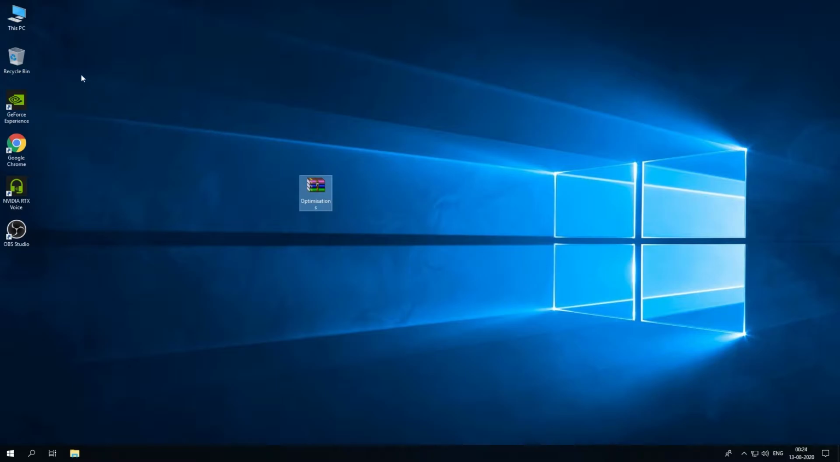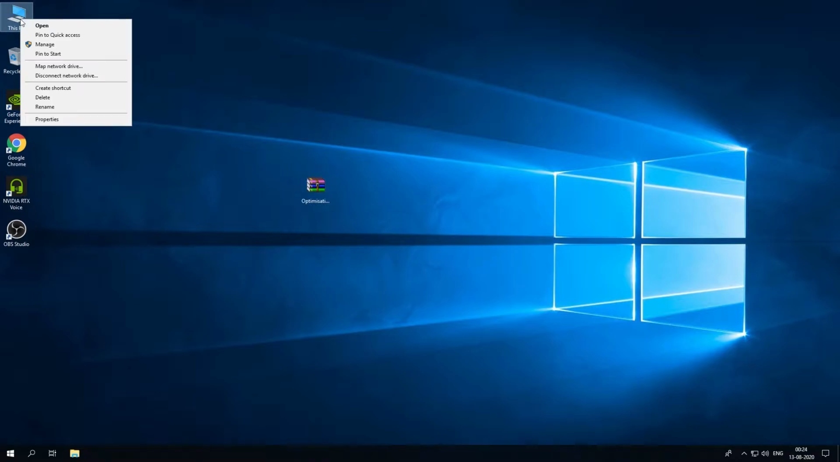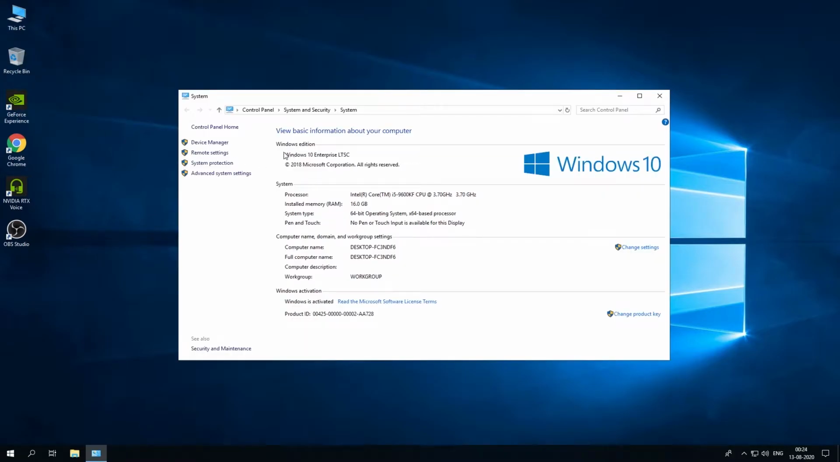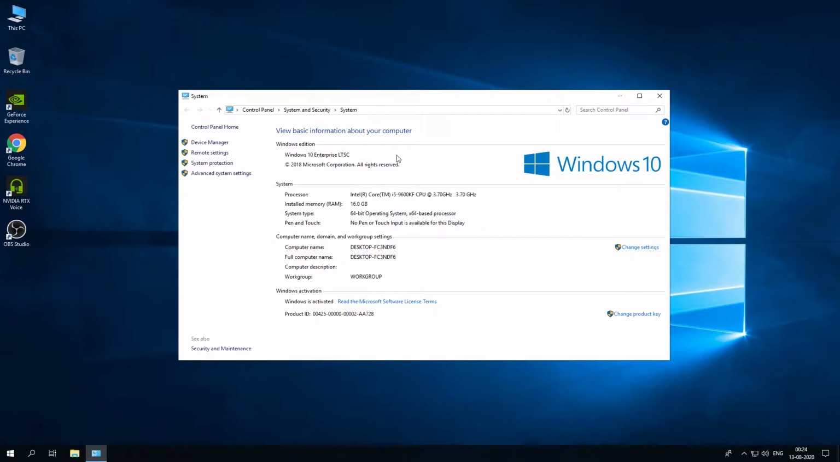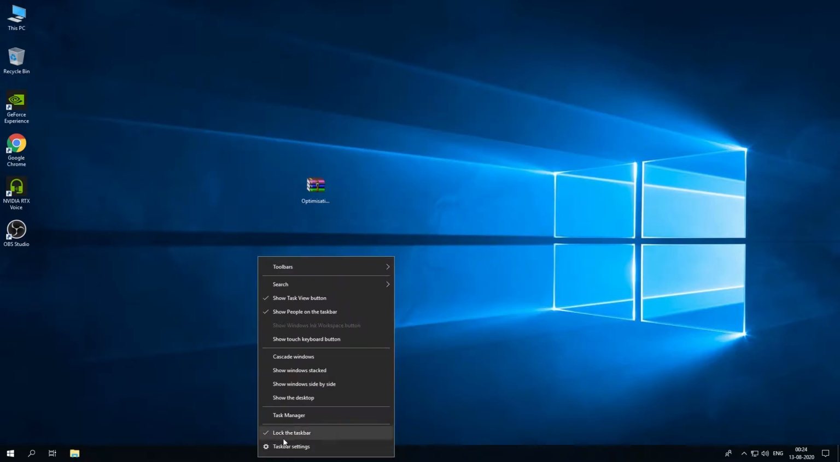Apart from this, I would like to suggest an operating system that is suitable for gaming. I know most of you are using Windows Pro or Home editions, but you should really try this particular version, Windows 10 Enterprise LTSC. You can search in Google and find the download link, and you should install this operating system for better